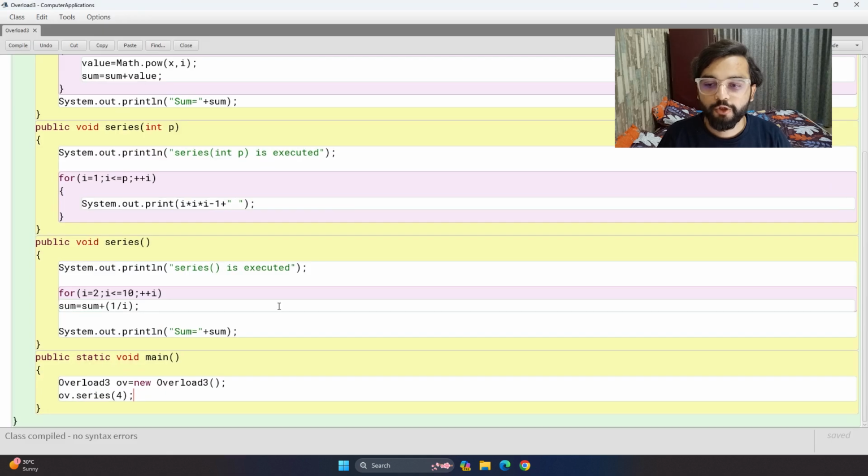And what if I don't take any parameter in this? Then it will give us value as 0 only. You can see the output